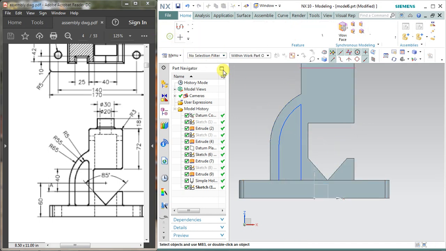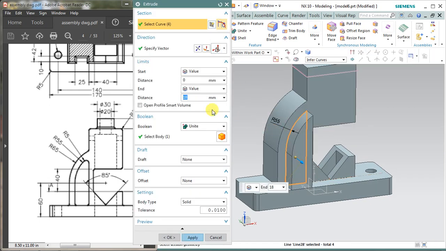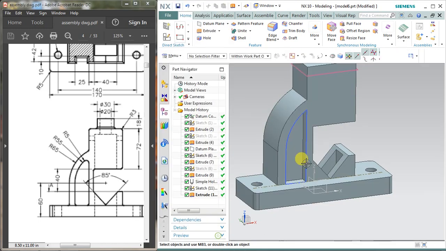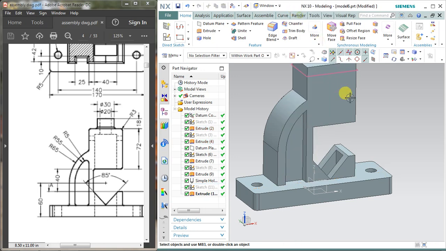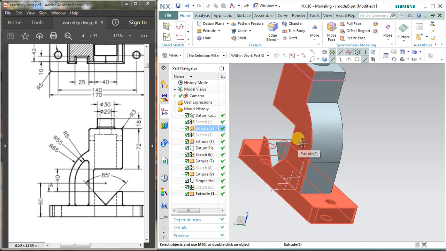So the next thing which is left is to select the extrude command, select this feature, apply 10 and make the profile reverse, and select boolean operation subtract. Then a 10 mm deep cavity can be created inside the body, and cancel. Now you might be thinking this type of cavity is only on this side. No, it is also on the other side.